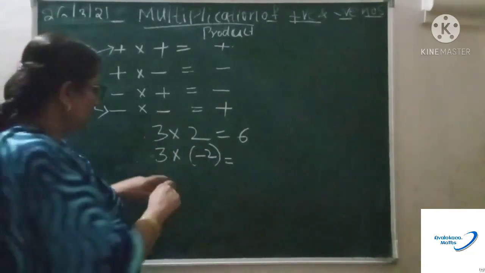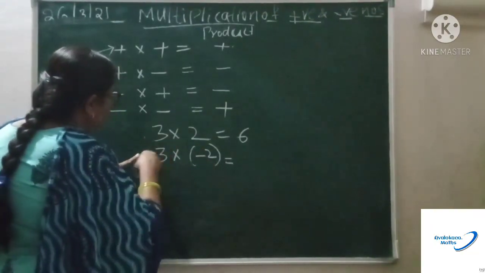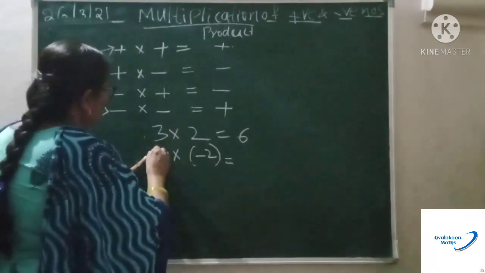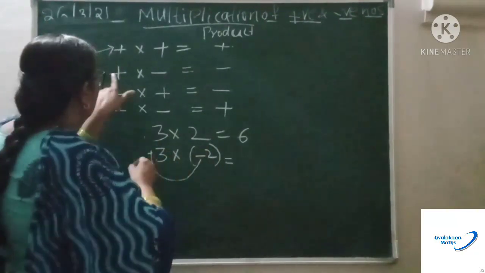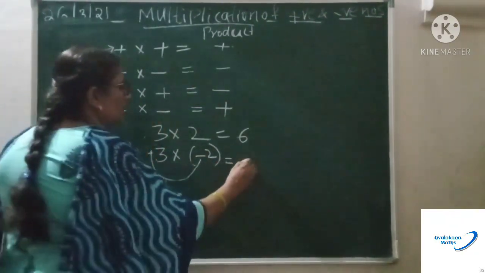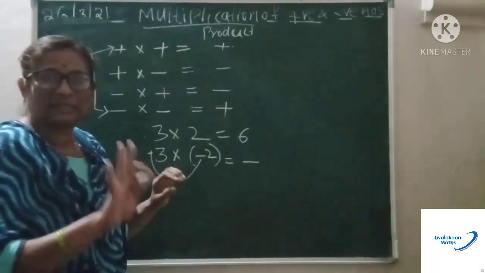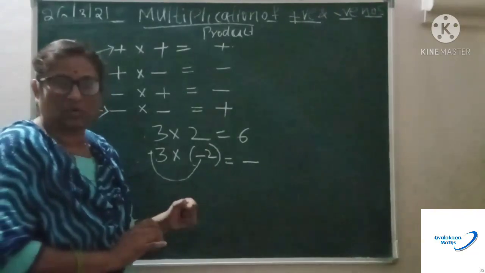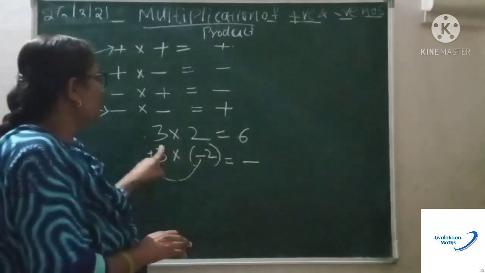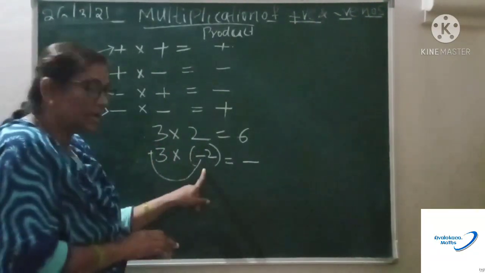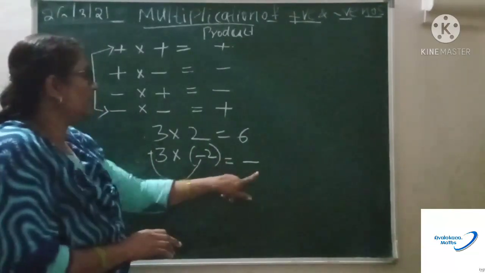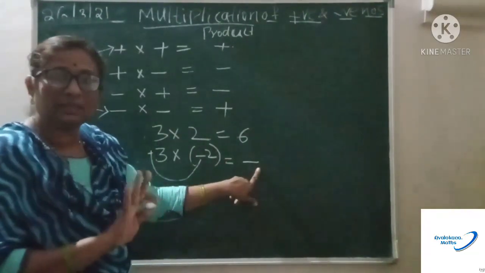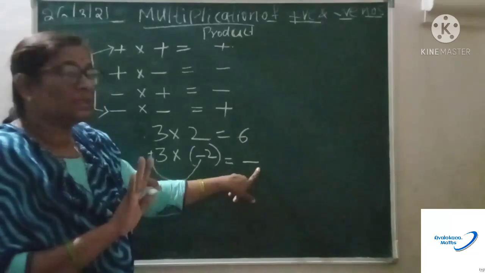First multiply the signs. What is the sign here? Nothing, it is plus. Plus into minus. What do you get? Plus into minus is minus. Keep it here. Do not look at the bigger and smaller number. In addition and subtraction, we see the sign of the bigger and smaller number. In multiplication, we are just multiplying the signs, and whatever sign you get, you take it without seeing which number is bigger or smaller.